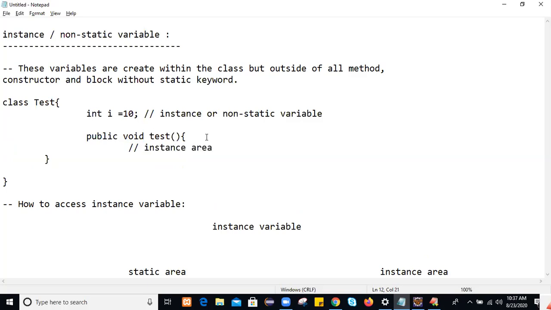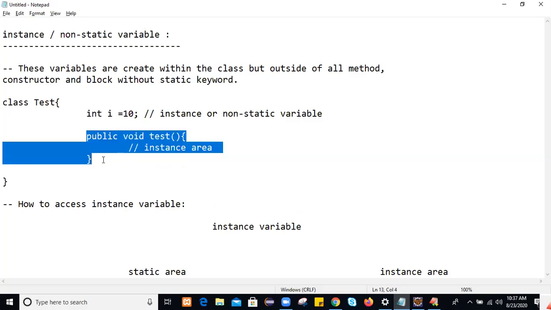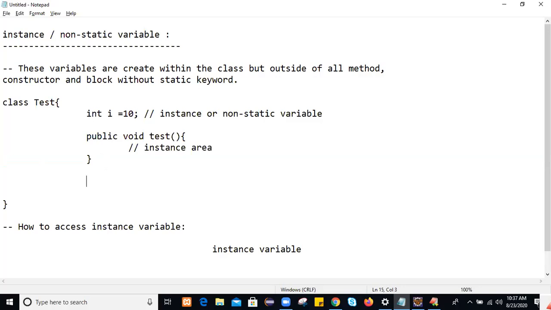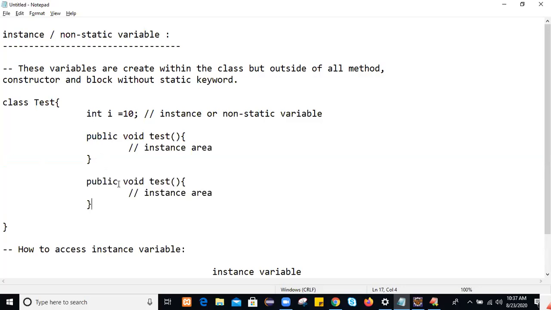Similarly, methods and functions are both the same. If you have another function with the static keyword, like public static void test1, then we say this is the static area.